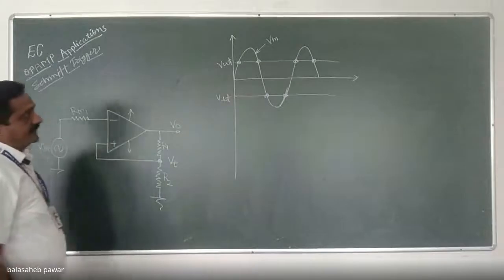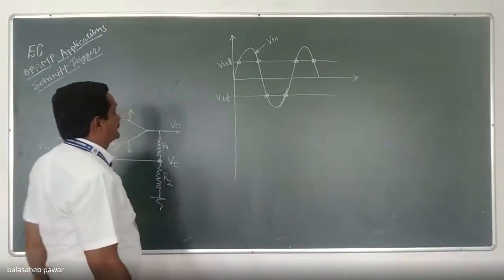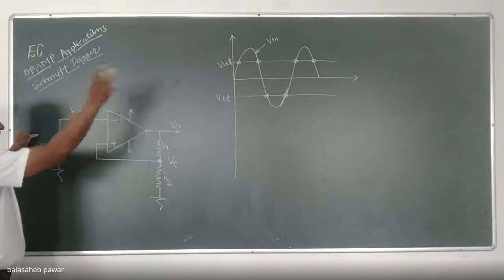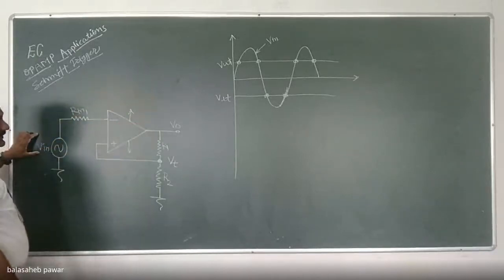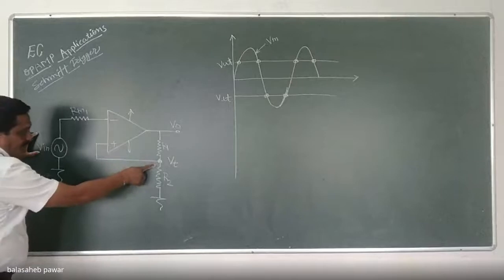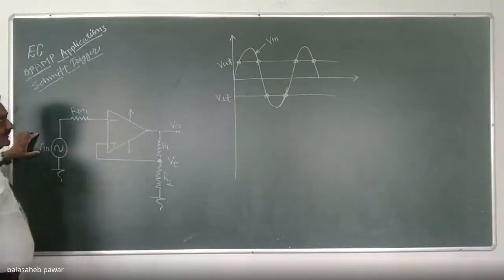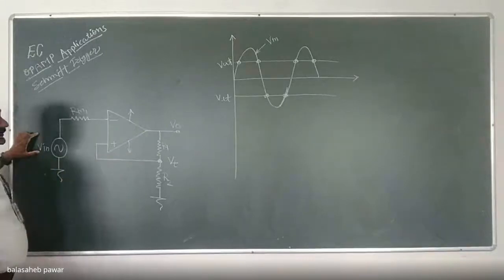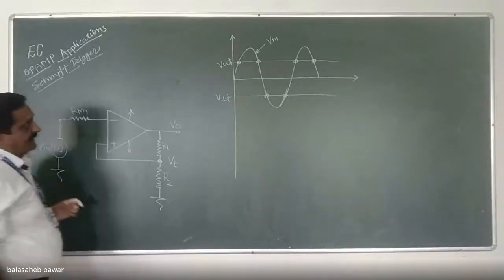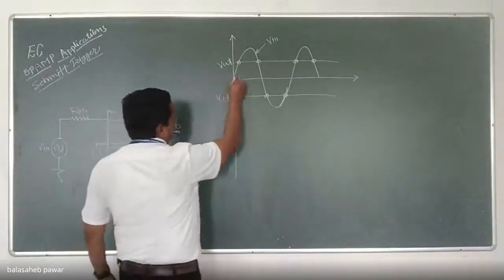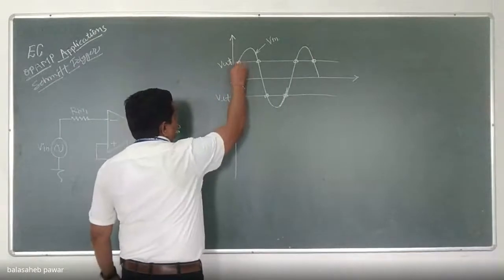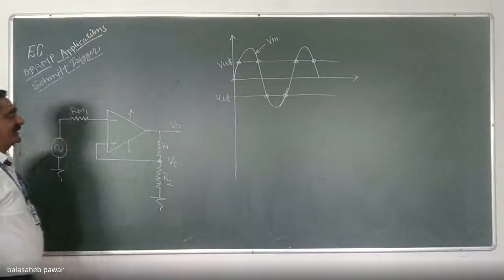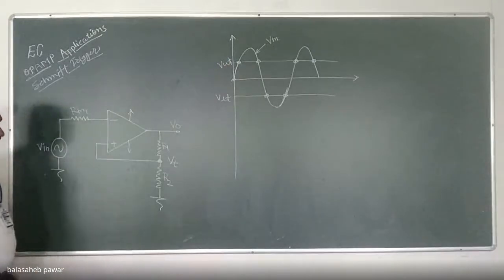So just think on it. Apply the same logic. Initially, with Vin at zero, the output is plus Vsat, and that's why we got this threshold voltage Vt as VUT, which is positive, right? And now there is a non-zero Vin, but less than VUT. That means this time duration. Our input is increasing positively, but still it is less than VUT.